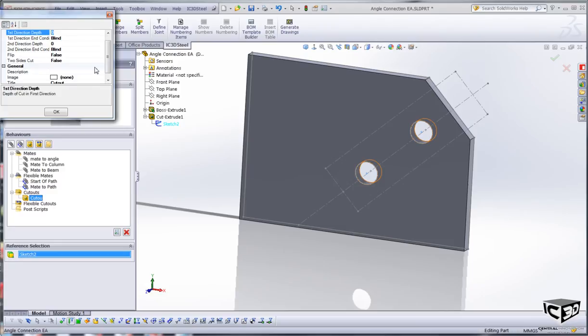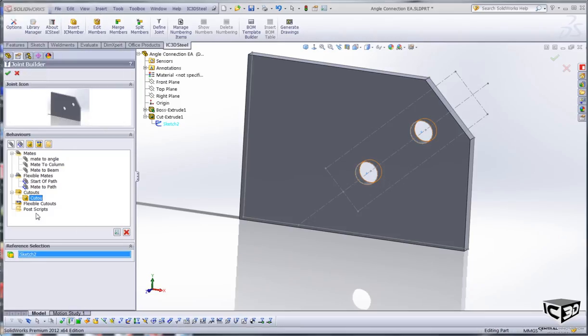In this case I'm going to put in 0.05 and 0.05. This is still in meters, but it will be changed later on, I've been told. So we go OK to that, and all good. So we've put in our mates to locate it, some mates to locate my sketch entities, and also the cutout. So we will say OK to that for now,